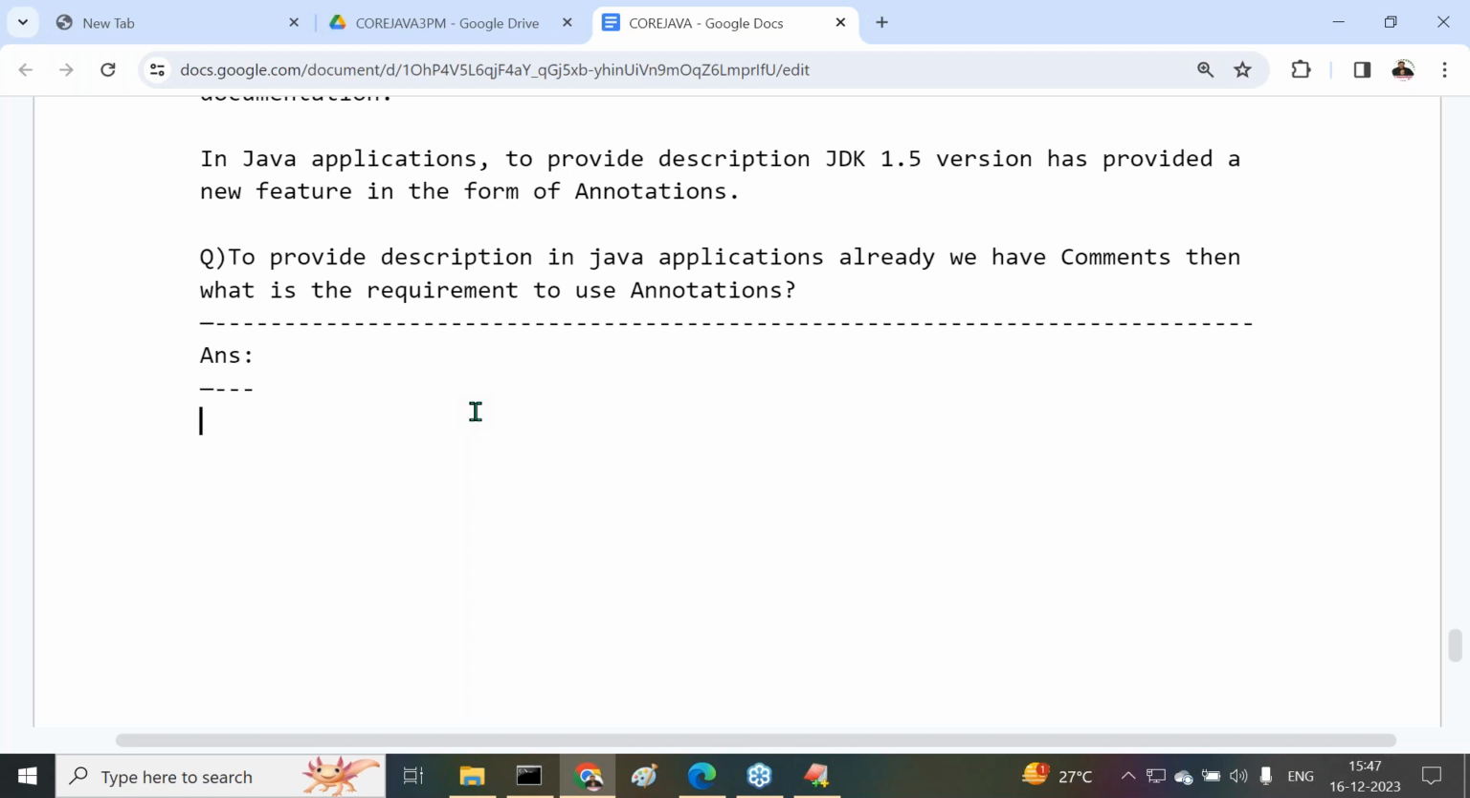Observe carefully. In Java applications, if we provide a description along with the comments,